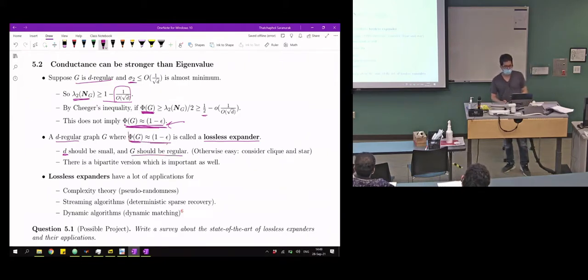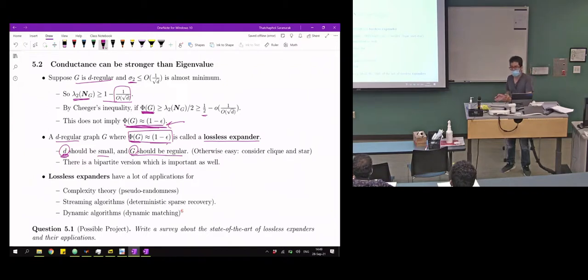Otherwise, it's going to be easy to get a large conductance. Why? Because if you allow d to be big, then a clique would do it. And if you allow G to be not regular, a star would do it. So it's easy to get that. But if you have both of them here, d is small and G is regular,